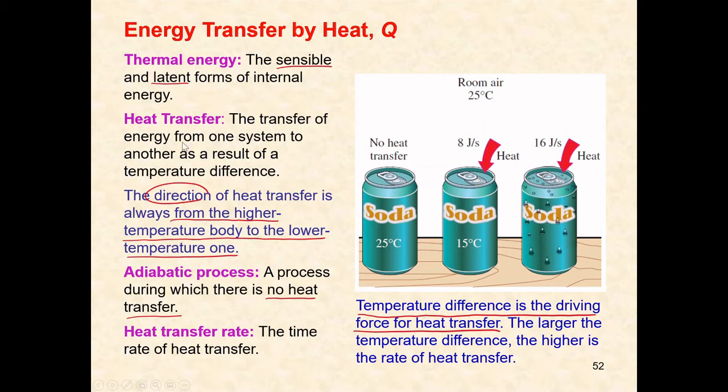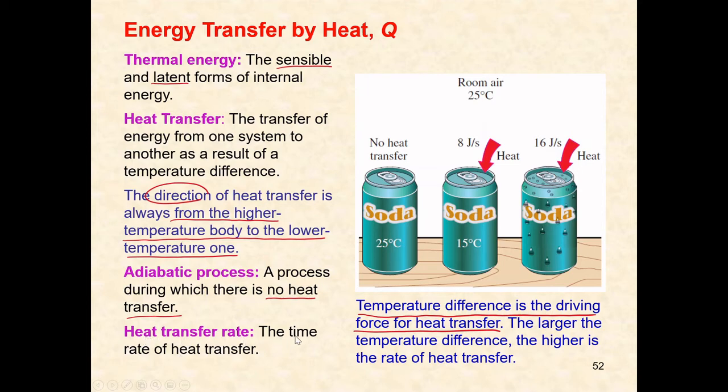Heat transfer is the transfer of energy from one system to another as a result of temperature difference. So when there is a temperature difference, there is a transfer of energy. The direction of heat transfer is always from a high temperature body to a low temperature body. That's how heat transfer happens. An adiabatic process is a process during which there is no heat transfer,